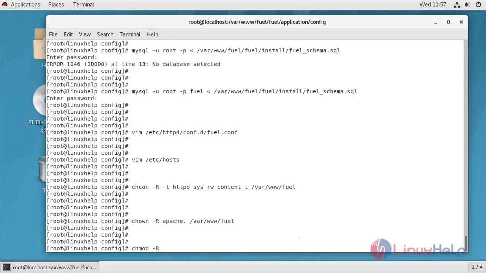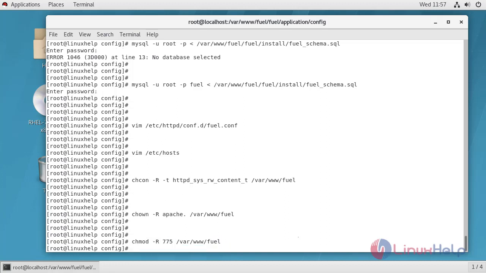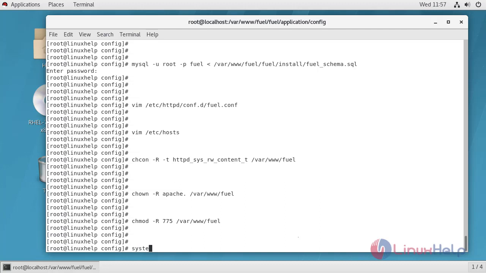And change permission for that directory. Now we can restart the Apache to update these changes.